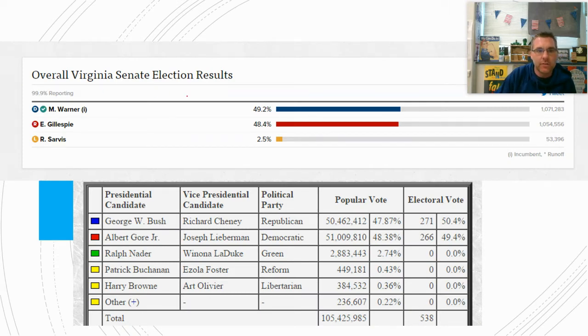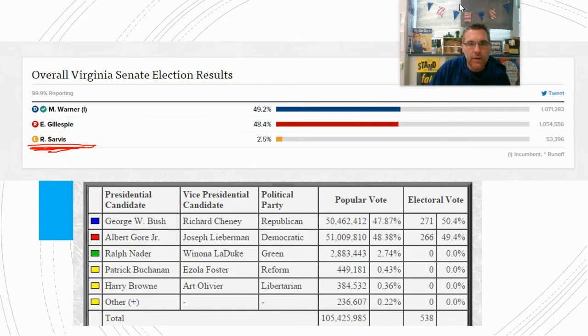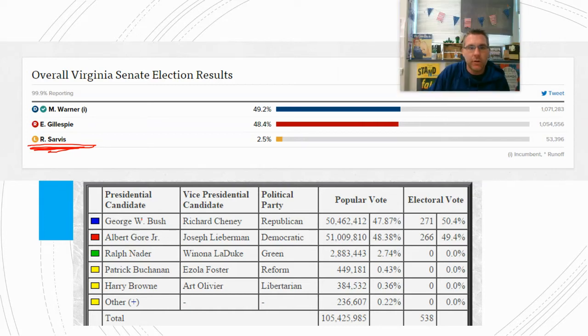I'll skip over some of these. These are some elections in which Rob Sarvis came and spoke to our class. This is back in 2014 or so. And what happened was Sarvis is the reason why Ed Gillespie did not win that seat. Look at how close that was. Mark Warner won by about 20,000 votes over Ed Gillespie in the Senate race. But Sarvis was a strong Libertarian candidate, and definitely hurt Gillespie more so than Warner.